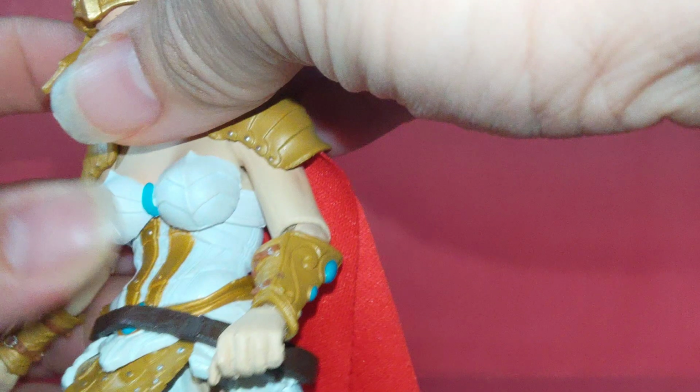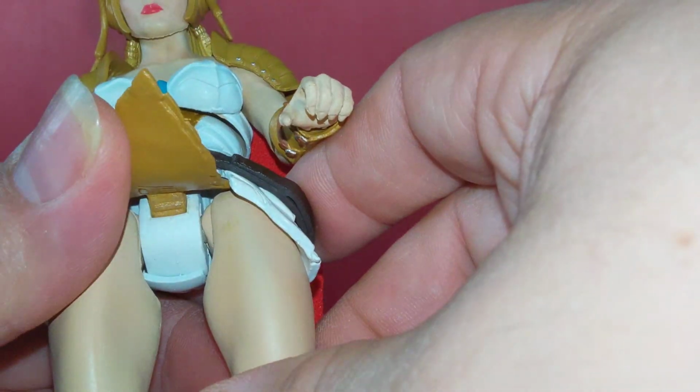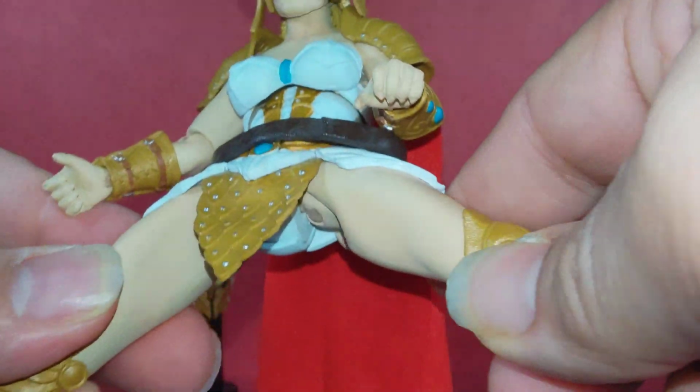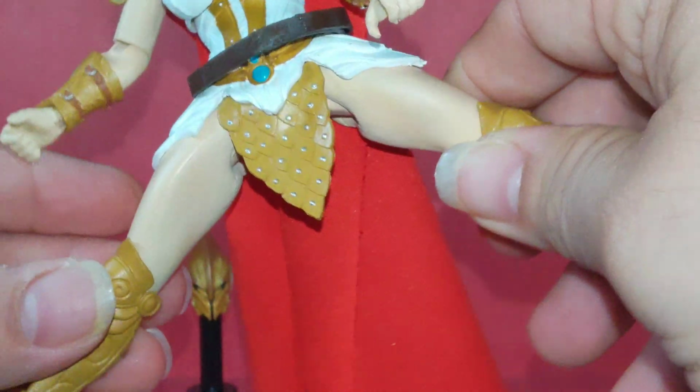They just pop off. They can pop off rather. Then her legs, in the leg area, you can see that, look right here, she has a thigh swivel, right, in the leg. And then they can do this Van Dam split. Significantly,